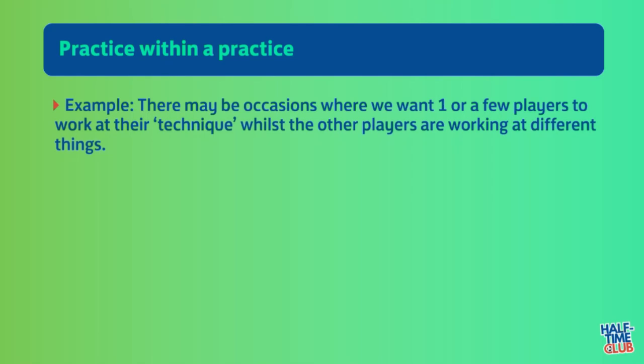So we might want one person to do same conditions, same things. We want other people to work at different things, different conditions in the same practice, which can sometimes be difficult to plan and organise, because then that kind of in our head might mean we've got to do two different practices. But as mentioned in the chat box, actually we can be really clever and deliberate with our design of our practice within that practice spectrum to have two things going at once.